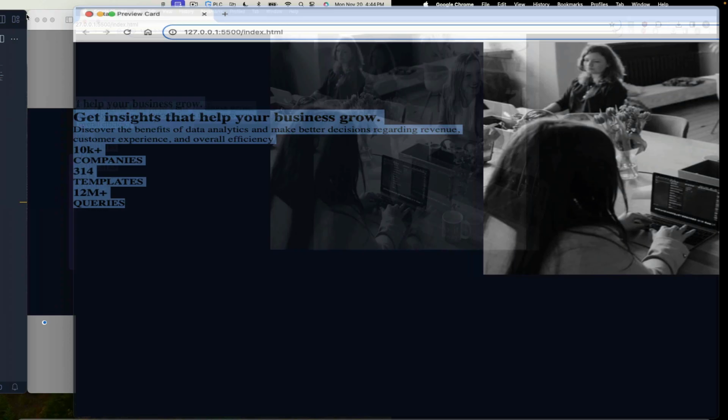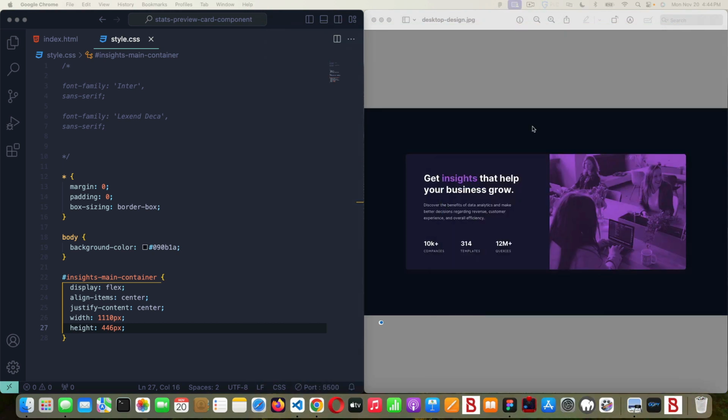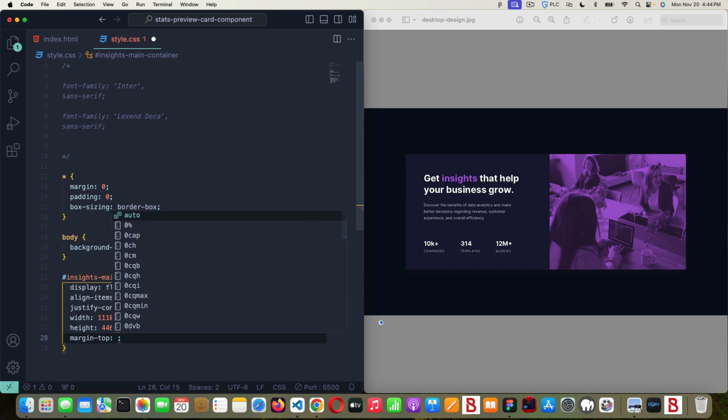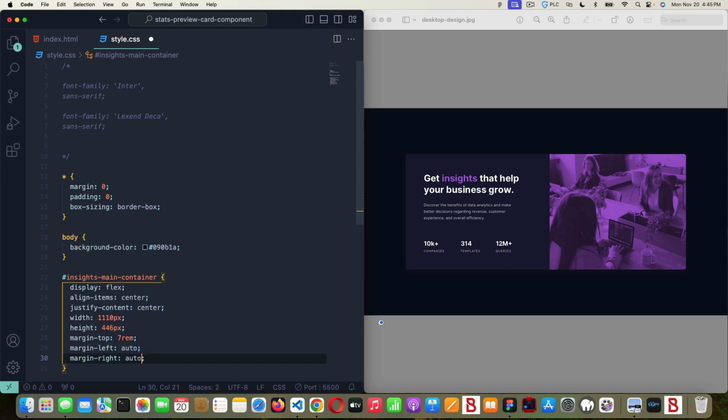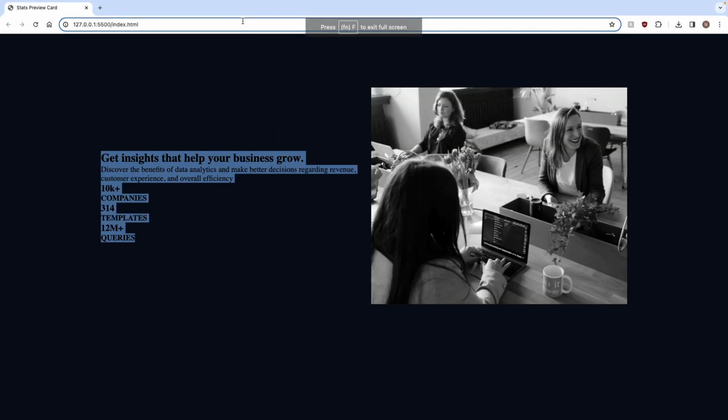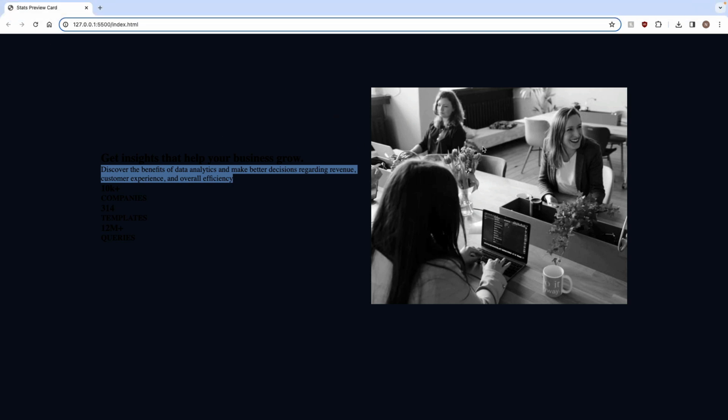Okay, so we can recenter it by using margin auto, because we want it centered on our screen. So first we'll do margin top, and we'll say 6 rem, because we don't want our design sucked all the way up to the top. I'll even do more. I'll do 7 rem. Okay, and then I'll say margin left auto, margin right auto, and I save, and then look what happened. Now it's side by side and it's centered again. Okay, so we put the width and height on there just so it'll mimic the design perfectly, since we